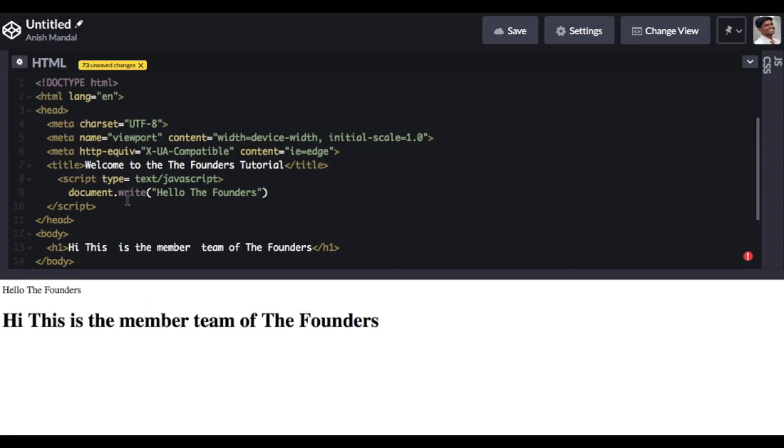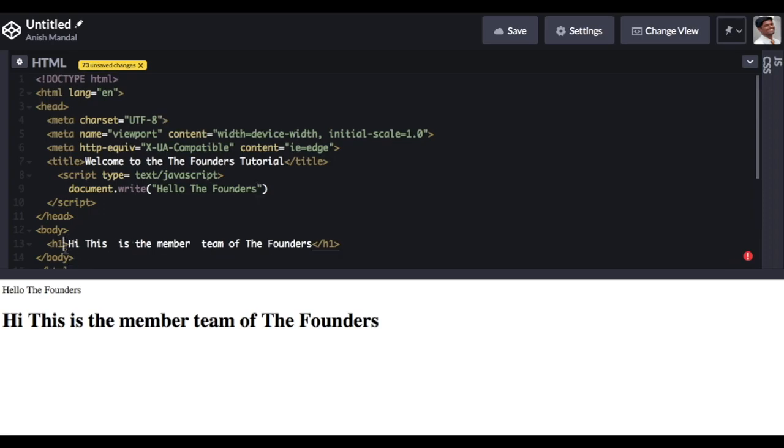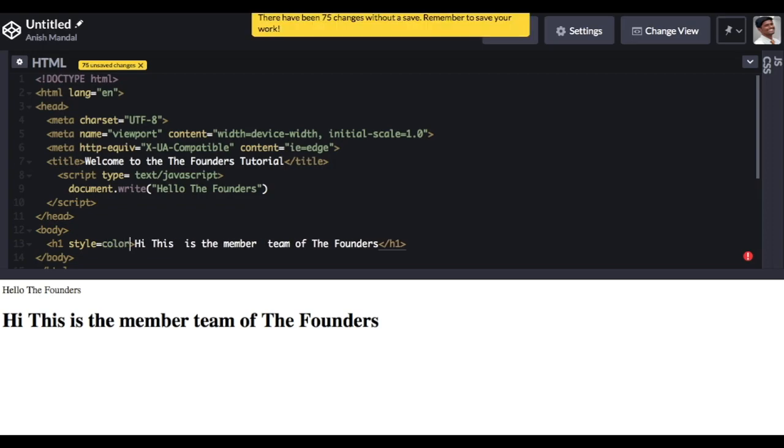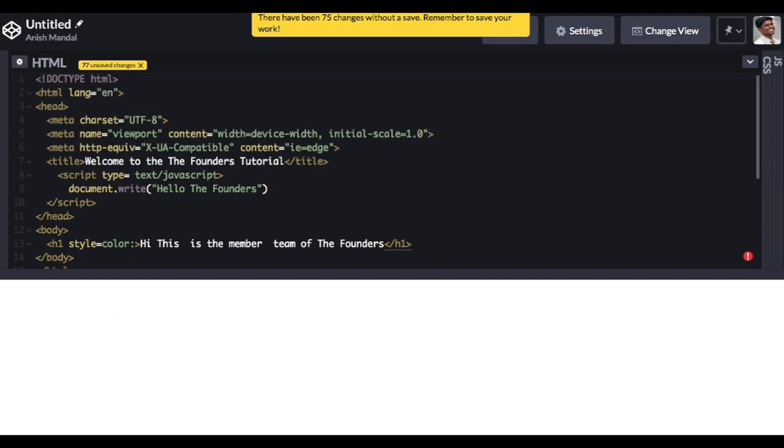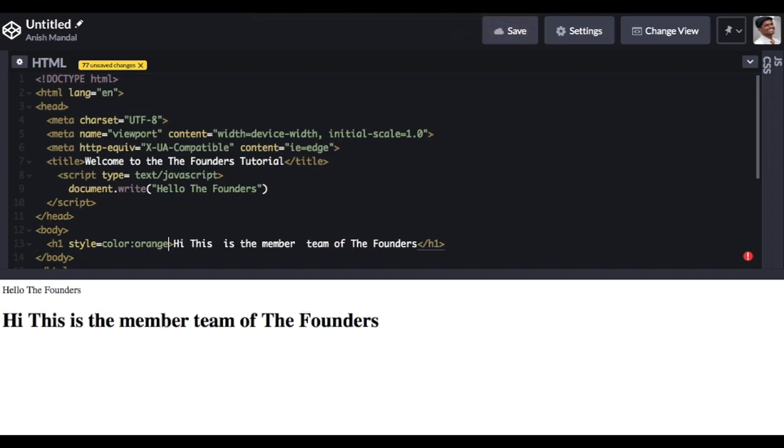Hello the founders. If you want to style this text color, we can do that too. Let's take orange, and boom, you can see that.